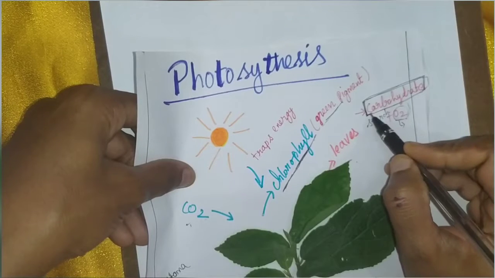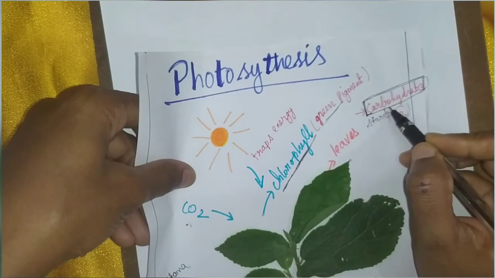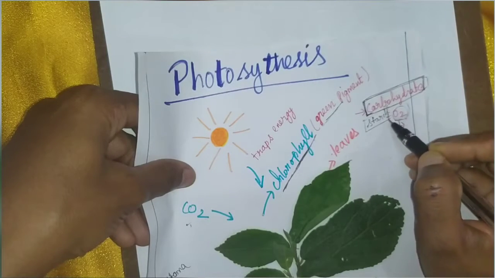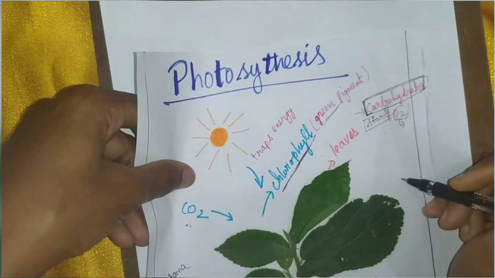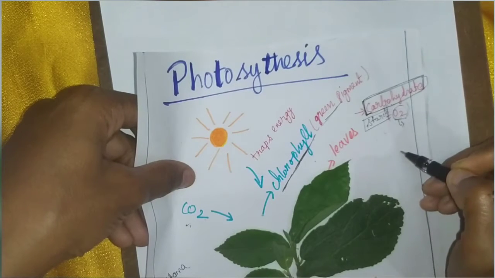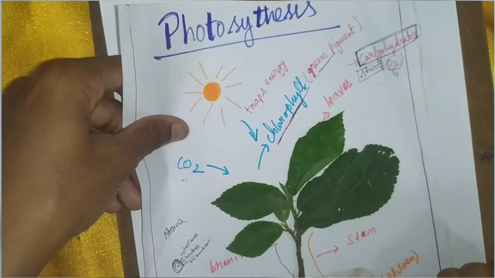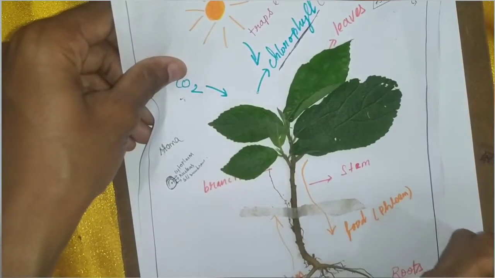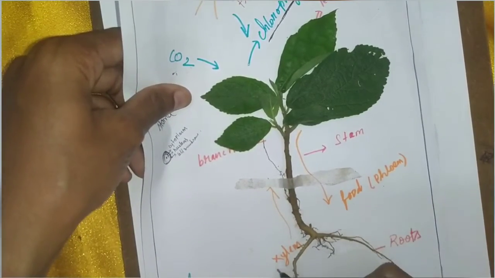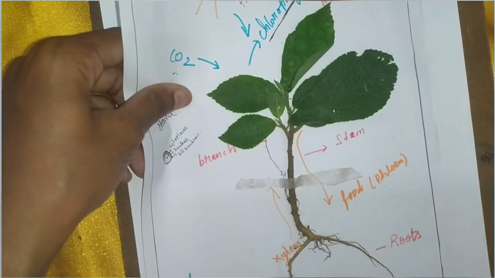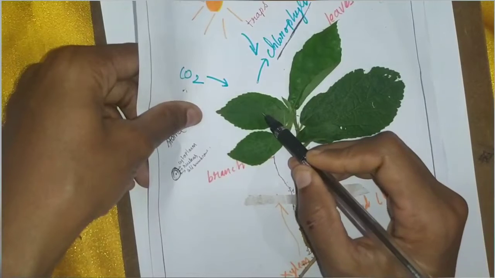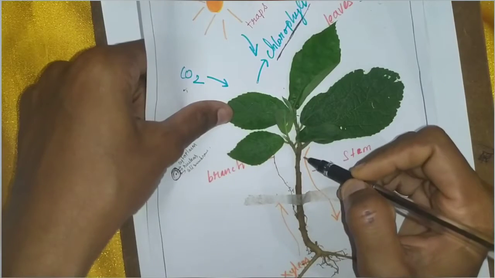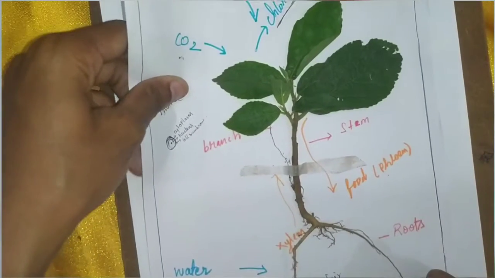And it uses the glucose as instant energy. When it is not used by the plant, it is stored as starch in the plant and used whenever it is needed. So these two are the end products of photosynthesis, that is carbohydrate and oxygen. After preparing, the food is transported to the remaining parts of the plant through the phloem vessels. So xylem vessels are absorbing water and minerals from the soil and transporting them to the leaf during the photosynthesis process, and phloem vessels are taking the food from the leaves and transporting it to the remaining parts of the plant.